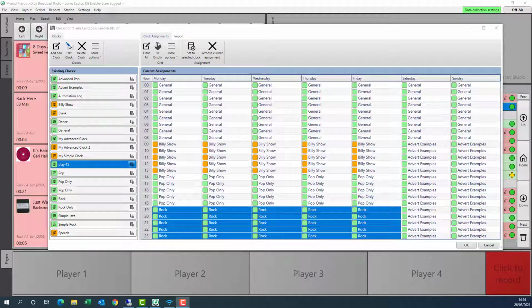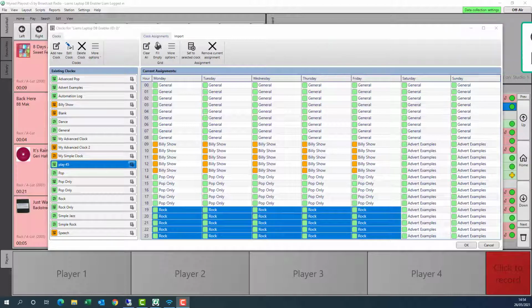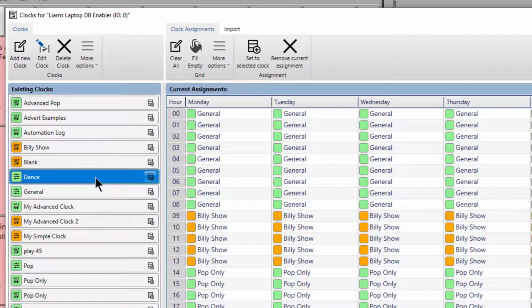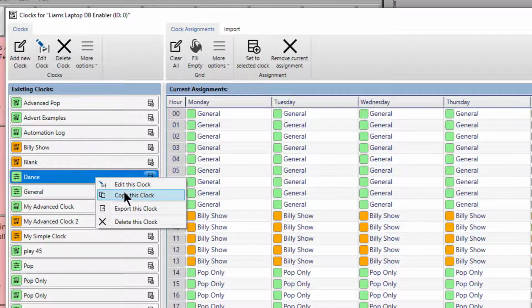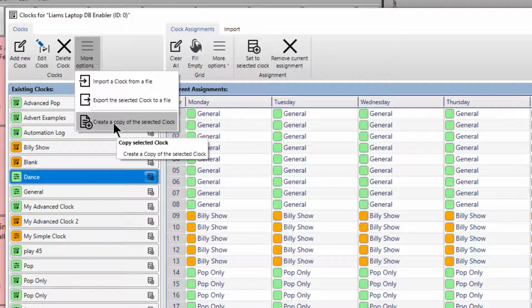Earlier, we created a simple clock that only played dance music. So let's look at how we could easily duplicate that and then change a couple of settings to make it a clock for a different genre of music. The easiest way to do that is click on the item, and you can either right click and copy this clock, or if you go to the more options drop down, you can choose create copy of selected clock. So I'm going to do that,